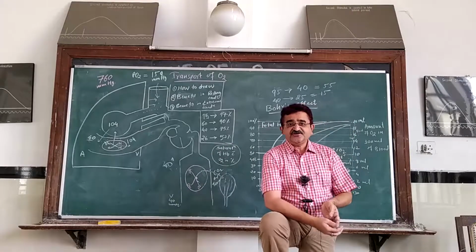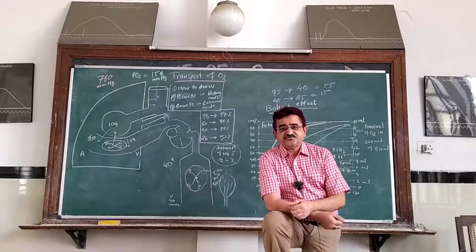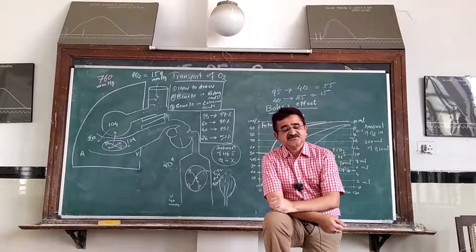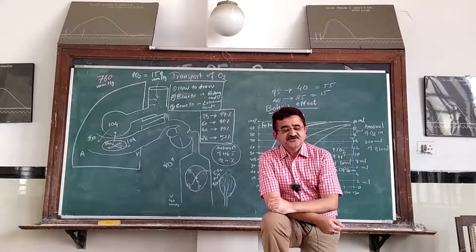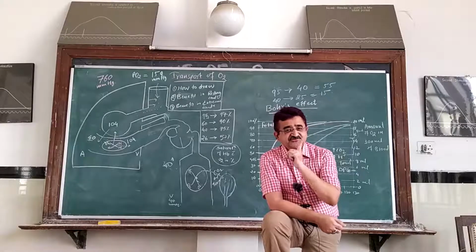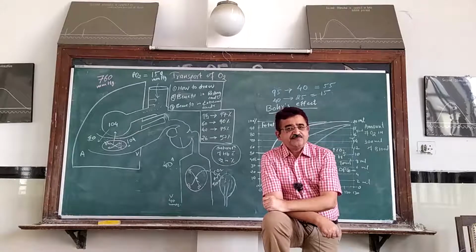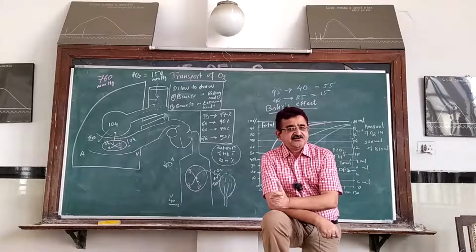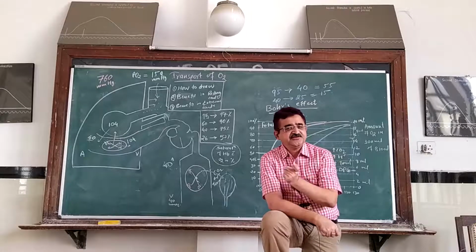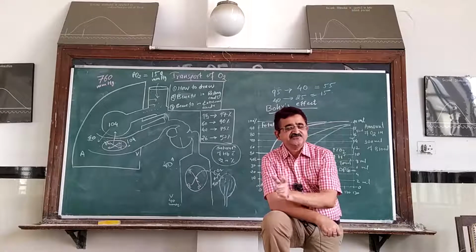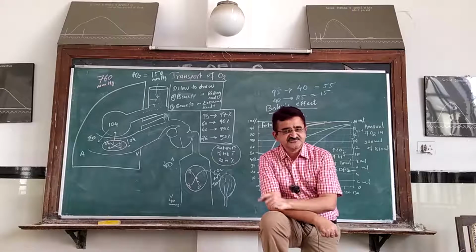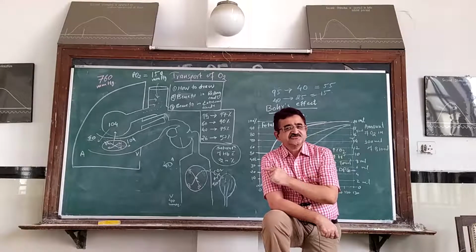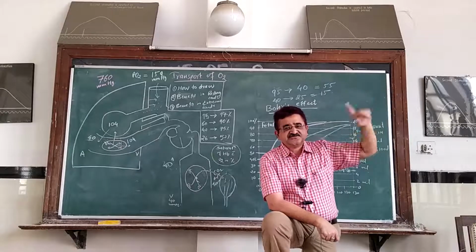So, this is all about the oxygen hemoglobin dissociation curve. Now, I don't know whether it is understood or not, but to assess how much is understood, we put 4 questions, and answer them in the comment box of the Google Classroom. First question: when the value of P50 is less than 25, at that time is the affinity of hemoglobin for oxygen increased or decreased? Second question: why is this curve not linear? Why is it sigmoid shaped?